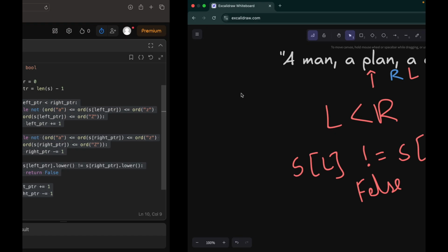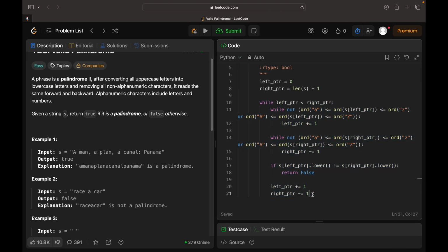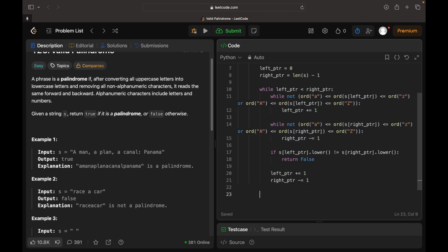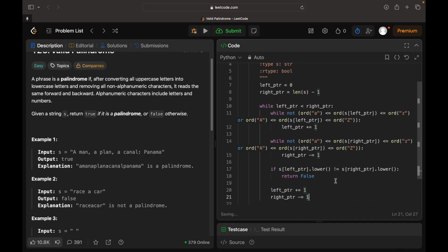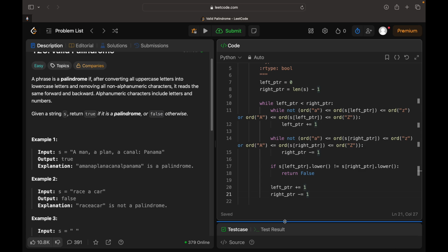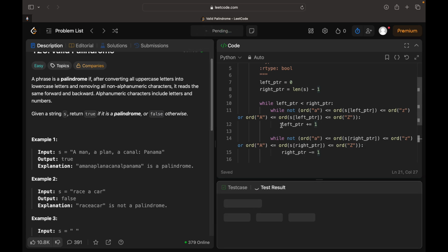That means the function is a palindrome. So we are just going to return true here. Cool. Now if you run it, it might work for this test case. Let's see. But it might not work for future edge cases. So try submitting and you'll see that your code fails, and that's because we have to put